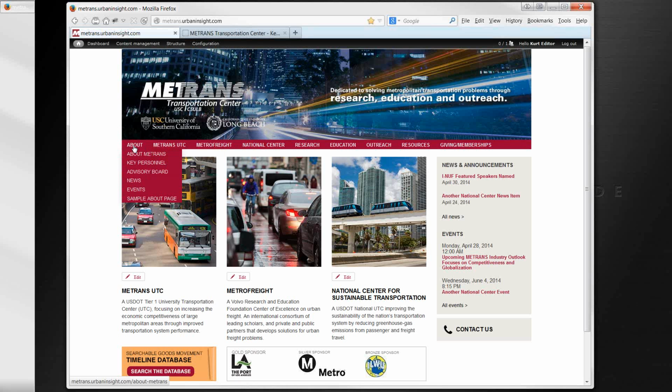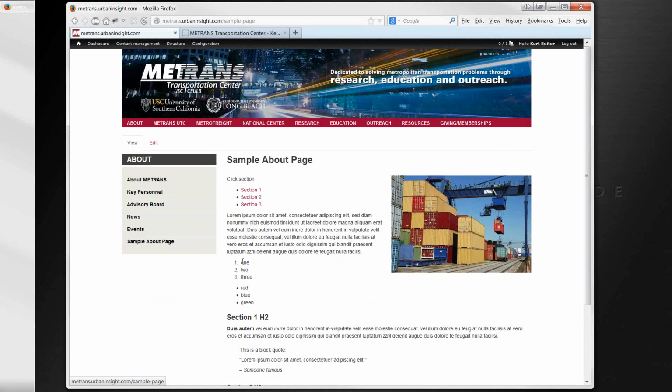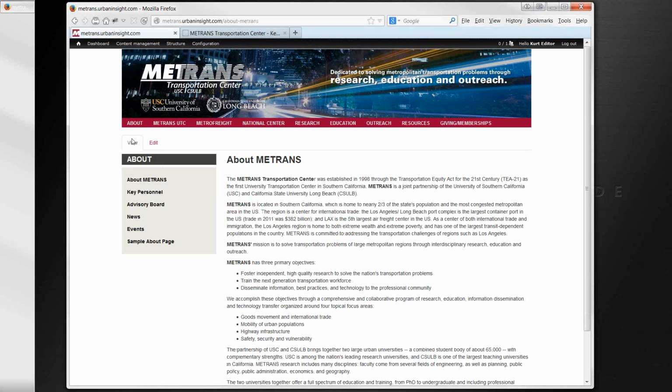So for instance, now I've got a sample page put together which illustrates some of the layout capabilities of the site. So what I've done is I've gone to About, and I could go to About METRANS. And you notice that since I'm logged on, I get this menu at the top, tells me who I am, it gives me the ability to log out. And when I'm looking at a page of content, I have these 2 tabs, one that says View and one that says Edit. I'm in View mode right now, and if I click to Edit,